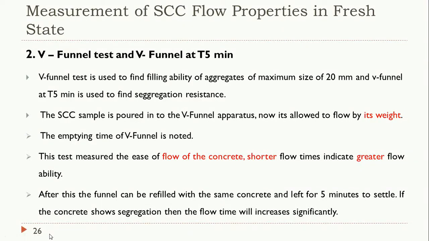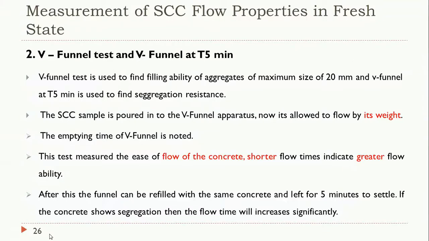So I hope you understood the slump flow test as well as the T50 flow test. If you saw in the video, it is the same procedure that I have explained. First you do the T50 test, by checking the time for the concrete to reach from the 200 mm mark to the 500 mm mark, and you note down the time. That gives the T50 flow time. It should be within the specified range, 2 to 5 seconds. Then after taking the T50 test, you can measure the flow diameter. It should be within the range of 650 to 800 mm.